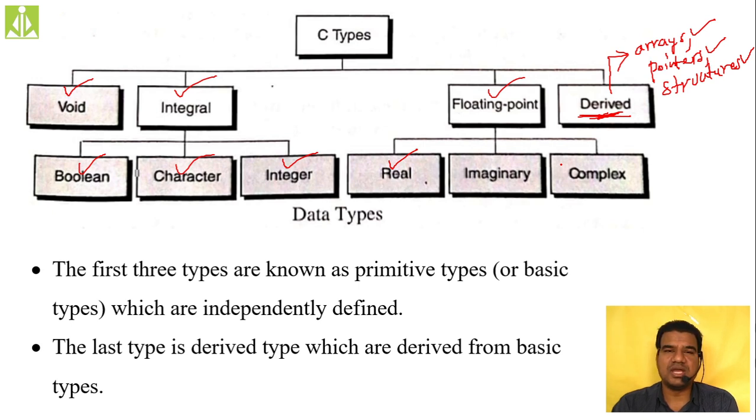So just to have a complete picture of these data types, I have taken these two things also into consideration. But if you see the actual book prescribed by your university, they discuss up to real data types only. They are not going for imaginary and complex. So we discussed accordingly. We have a discussion only on void types, Boolean types, character types, integers and floating point. Imaginary and complex we do mention, but we are not going to use them in our programming. And derived types, as I have listed over there, like arrays, pointers, structures, unions, files, all these are derived types. Those things we discuss in our further units.